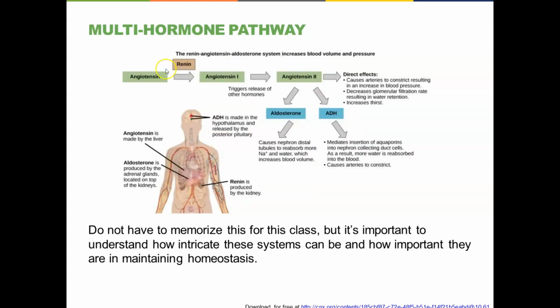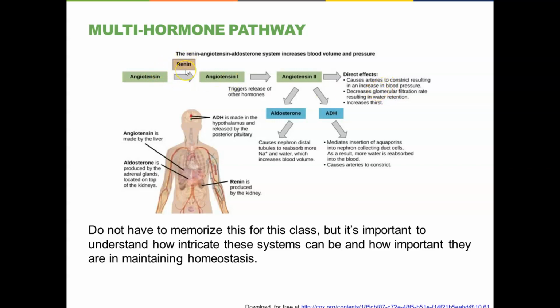All right, and so here we're looking at the renin-angiotensin system, aldosterone, and ADH, and how they all contribute to blood pressure regulation. So the idea here is that if blood pressure is too low, we have a molecule circulating in our blood all the time called angiotensin, which means contract, heart contraction. So it induces more vigorous contractions of the heart muscle, all right? Increase in blood pressure via increased contraction of muscle tissue in the circulatory system.